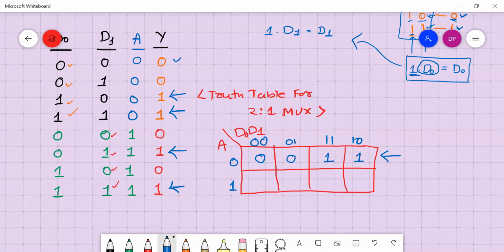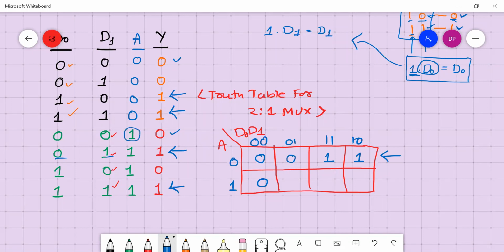Now when A is equal to 1, for 0, 0, you have 0. For the 0, 1 combination, second row, first one.